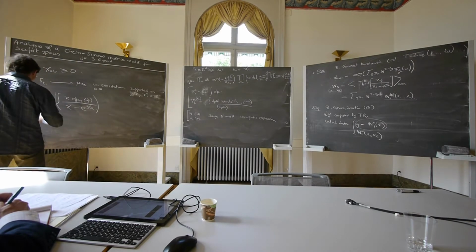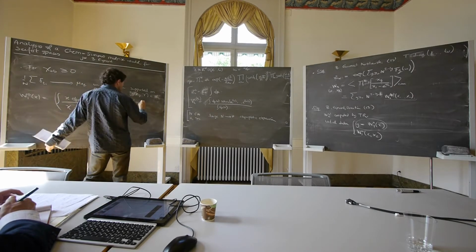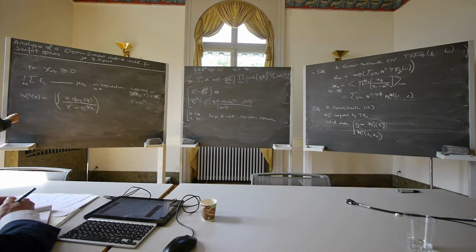Okay, and if I define gamma prime, which is exponential of gamma over a, in the same change of variable, then for all x,